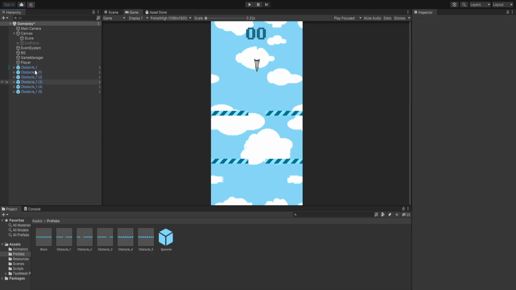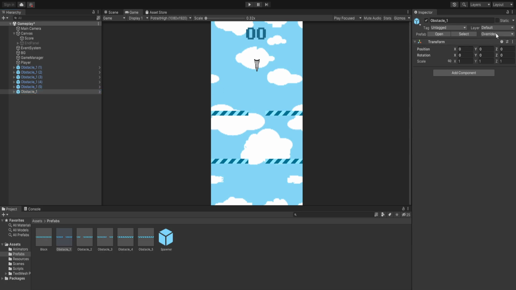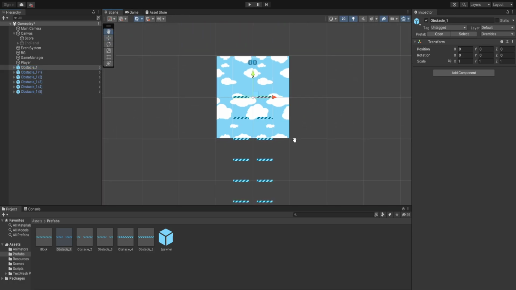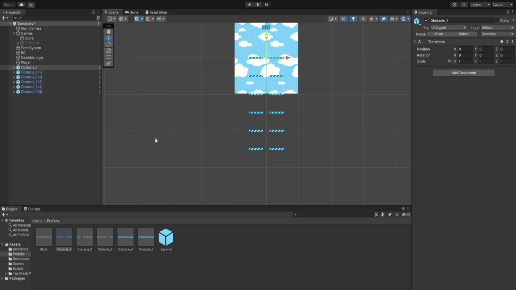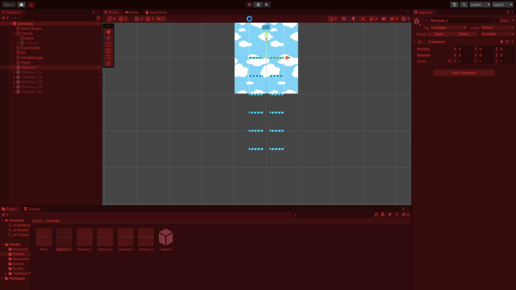Let's delete the obstacle one, and we'll add the obstacle one again. And we'll add our obstacle here. So these are all the 5 of the obstacles, and we have their tags. Now let's hit play,